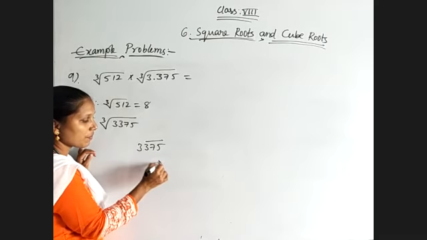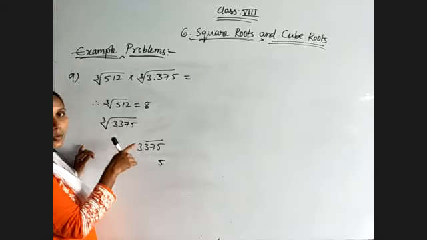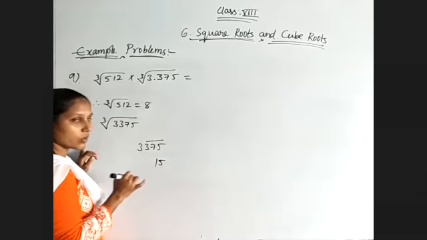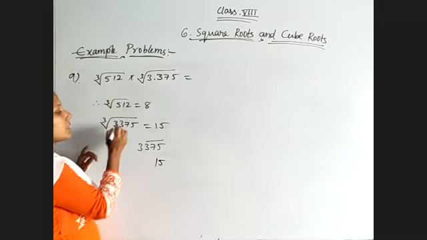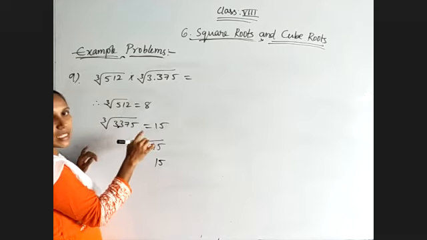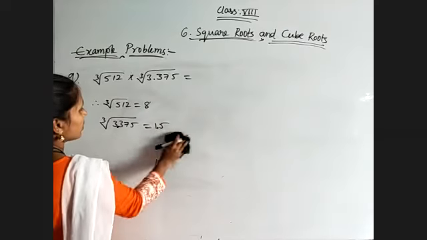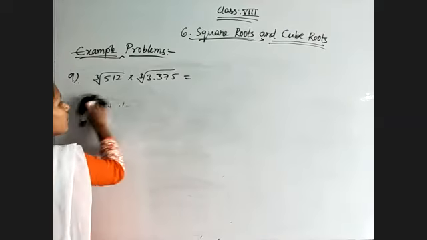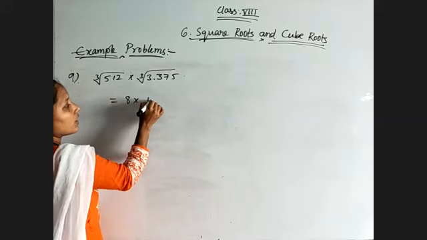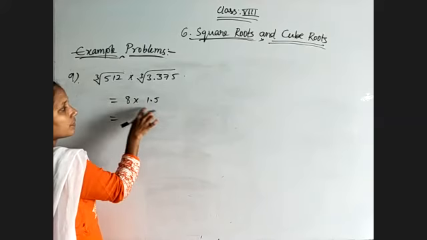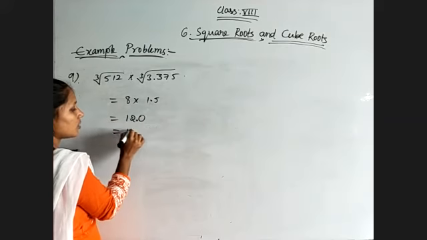So the unit digit will become 5. The tens digit is lying between 1 and 8, meaning 1 cube and 2 cube. So 1 cube we need to take, that is 1 only, which means we will get 15 cube for this value. Because here 3 decimal digits are there, by 3 by 3, only 1 decimal digit will come, 1.5. That's all. So what is the answer? Cube root of 512 into cube root of 3.375 is equal to 8 into 1.5, which is nothing but 15 8s are 120, and because one decimal digit is there, the point will get cancelled, only 12 will remain.